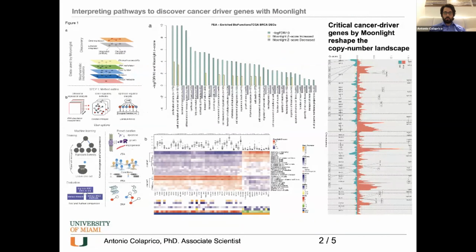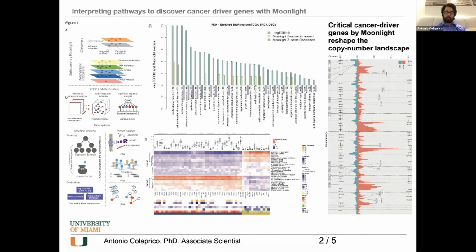So what we want to do is to discover driver genes, so it means oncogenes and tumor suppressors, using multi-omics. The hypothesis that we made is that we can consider oncogenes using a network approach, where genes that increase proliferation of cells or decrease apoptosis can be oncogenes. Whereas genes that decrease proliferation of cells but increase apoptosis can be tumor suppressors, and other